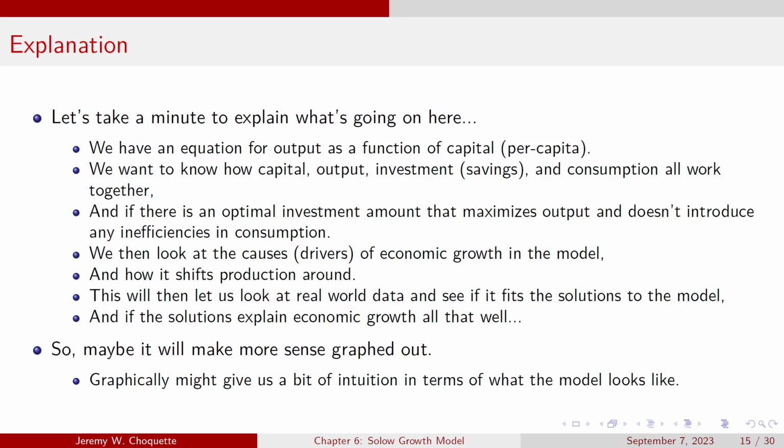Before we go any further, though, let's take a minute to explain what's going on. So we got an equation for output as a function of capital. It's per capita, right, or per person. We want to know how capital, output, investment, and consumption are all going to work together. And if there's an optimal investment amount that maximizes output and doesn't introduce any inefficiencies in consumption, then, well, cool, works out. And then we can look at the causes or drivers of economic growth in the model and see